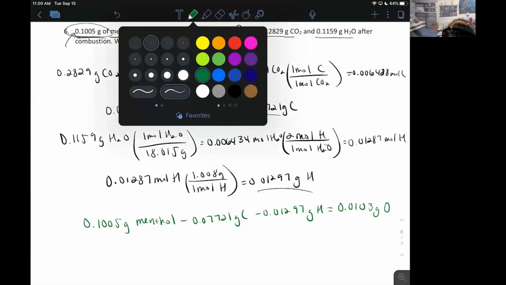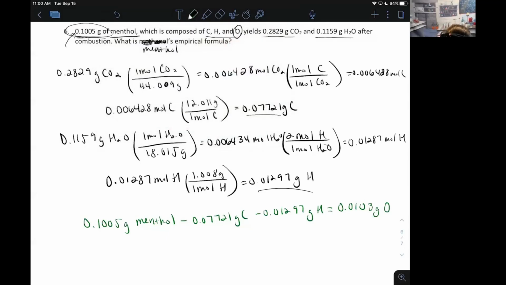And then we can take that gram amount and convert that into moles. So 1 mole of oxygen has a mass of 15.999 grams,